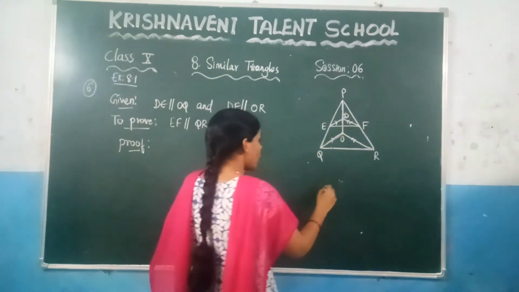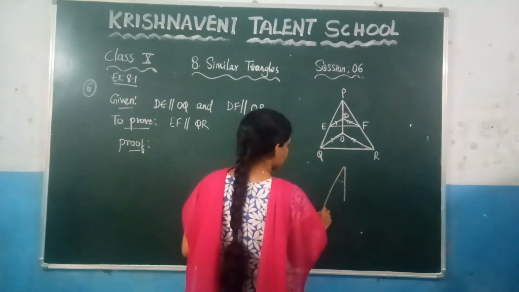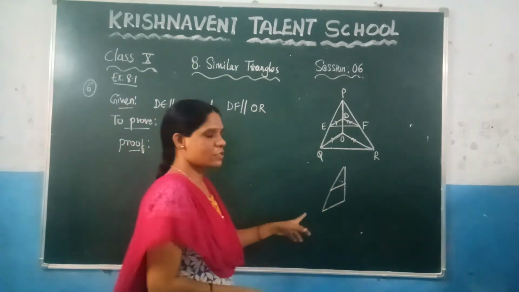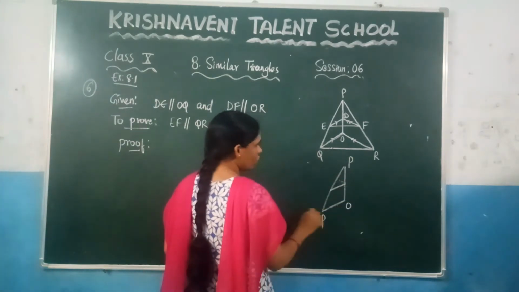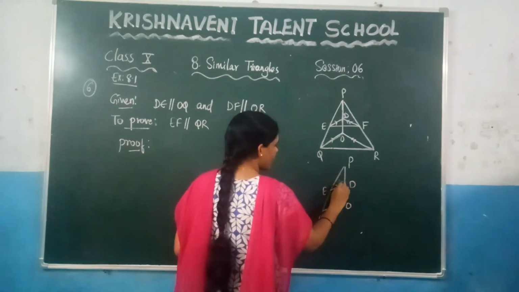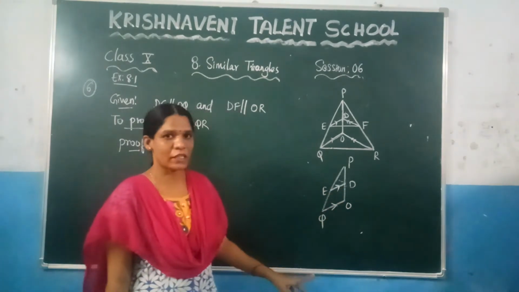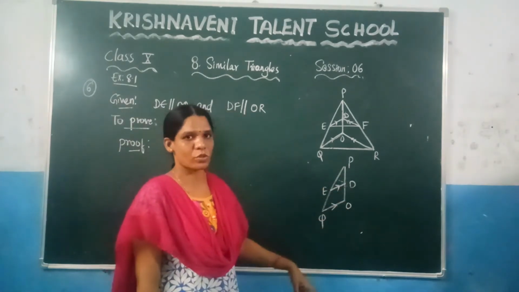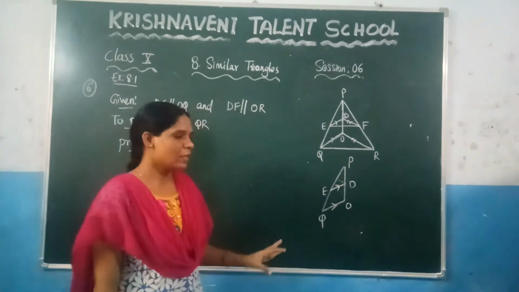So here I am drawing it separately. Here you can consider this triangle. It looks like this. If you draw it separately, this is P and this is O and this is Q, and they have given here OQ is parallel to DE. This is nothing but DE. Now, DE is parallel to OQ, and you know that by the Thales theorem, the other two sides are divided into the same ratio. So you can write PE by EQ is equal to PD by OD by taking this triangle.